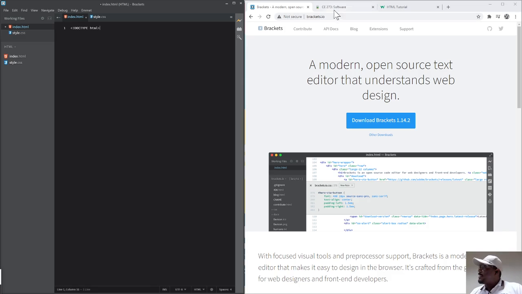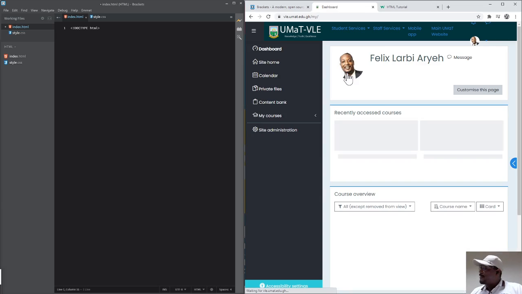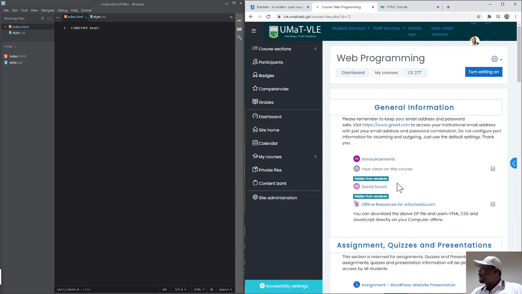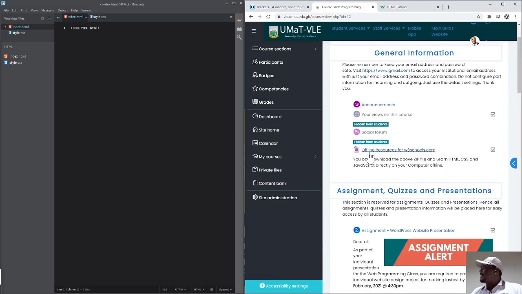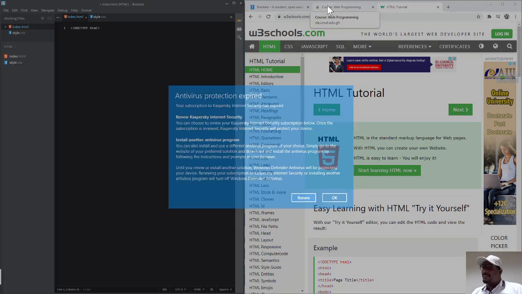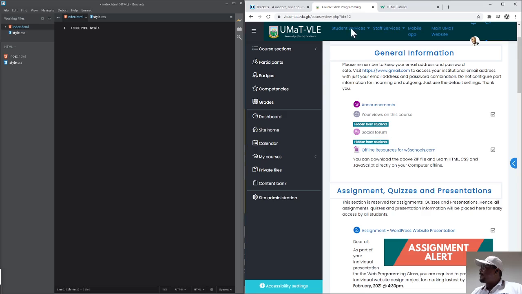Now, within the course too, I've also included the reference guides for W3Schools. Let me go back to the web programming class. From here, you can see I have an offline resource for W3Schools. The whole of the website that you see here, W3Schools, I have downloaded as an offline version, which you can download, put on your computer, and reference without having